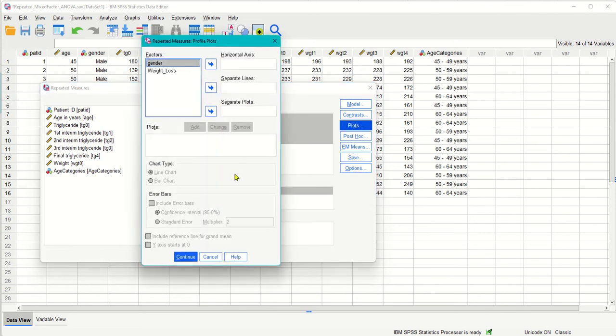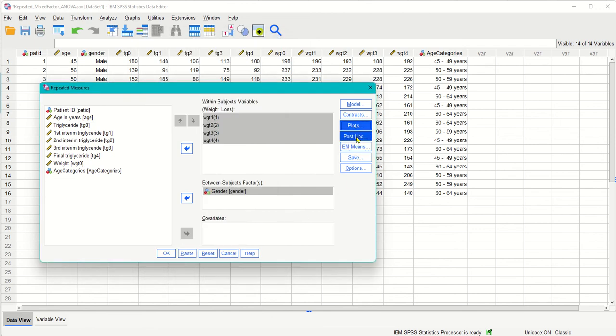And now we want SPSS to produce plots, so we can sort of get a visual of what's going on here, right? And so we'll do it 2 different ways. First, let's get a plot where gender is displayed for the horizontal axis, and the weight loss measures are displayed with the lines, right? And then just click add, and then we're going to do it the other way around, just to see how it looks, how it changes. And then add,